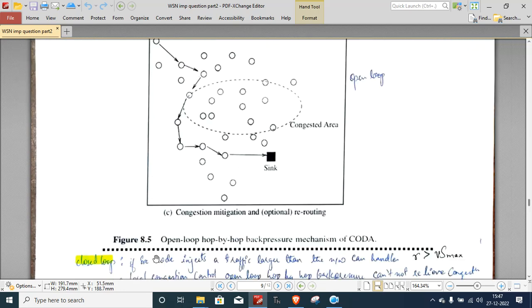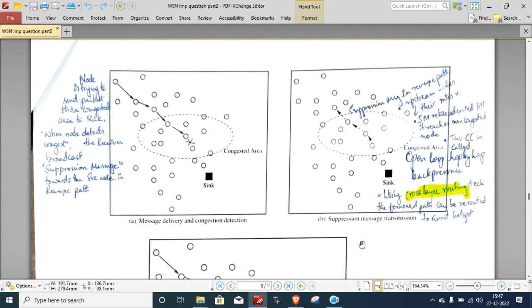So here is an example which shows the open loop hop by hop back pressure mechanism of CODA. We have this congested area marked in dotted lines, and there is a source trying to pass its data to the sink, which is located beyond the congested area.